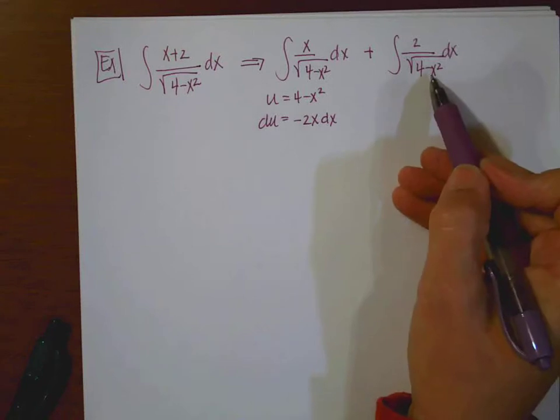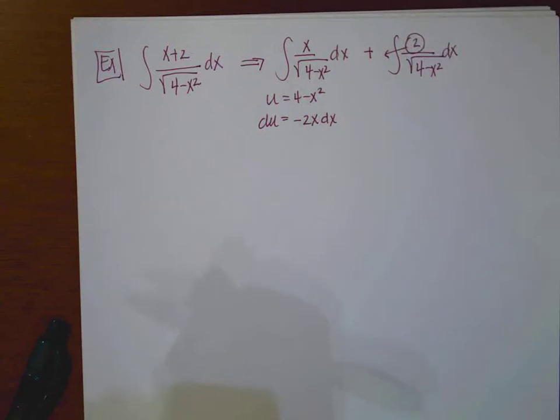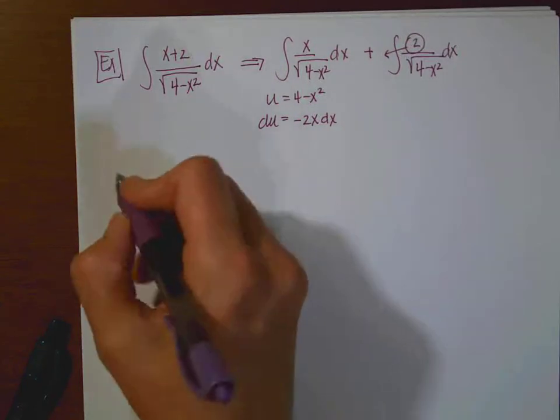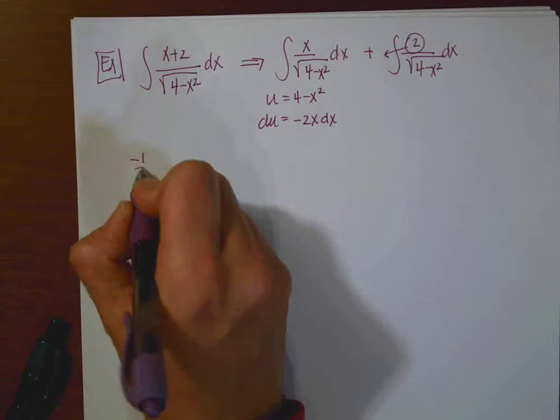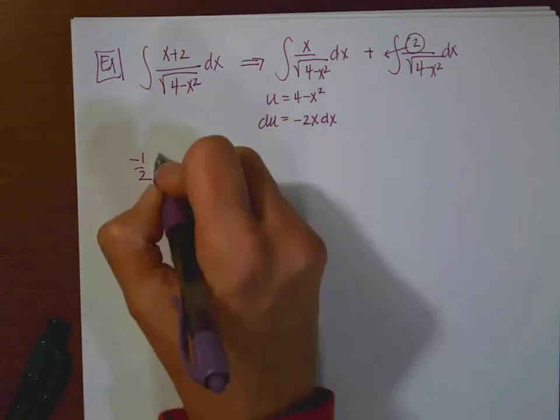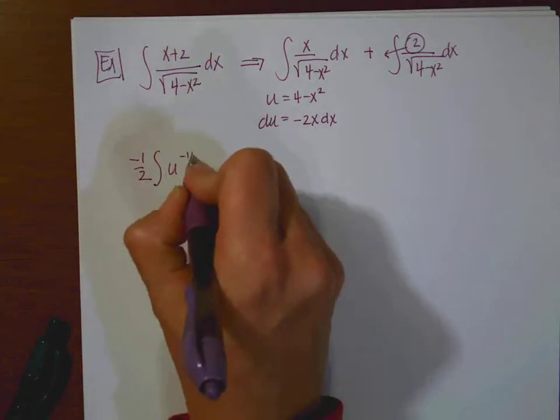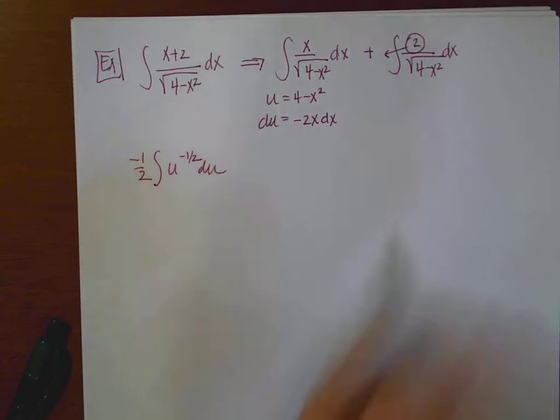So I'm going to do this first one, and then I'm just going to carry this one around until I get ready to manage him. I will take the 2 out front because that's pretty easy. So my first integral is going to become, I'm going to introduce the negative 1/2 to counterbalance that negative 2. So this is going to be the integral of u to the negative 1/2